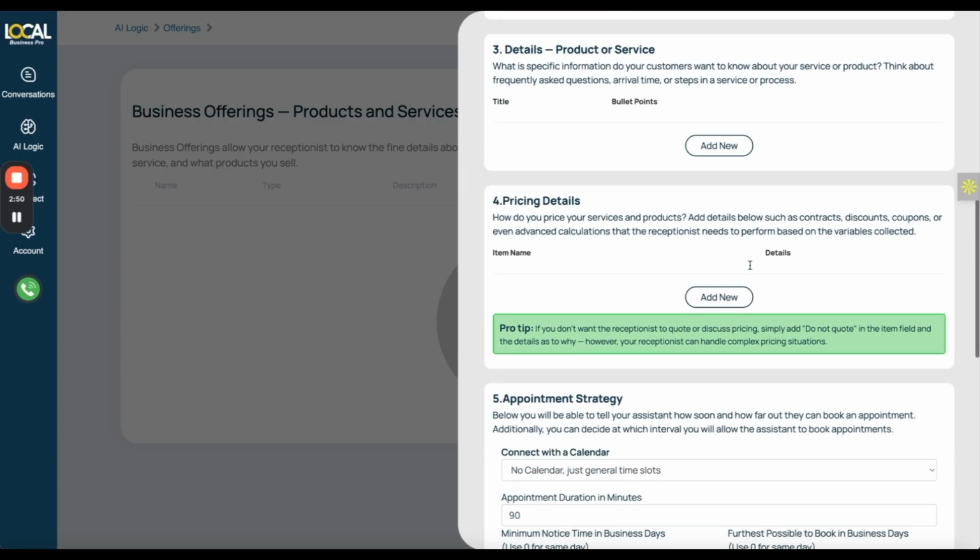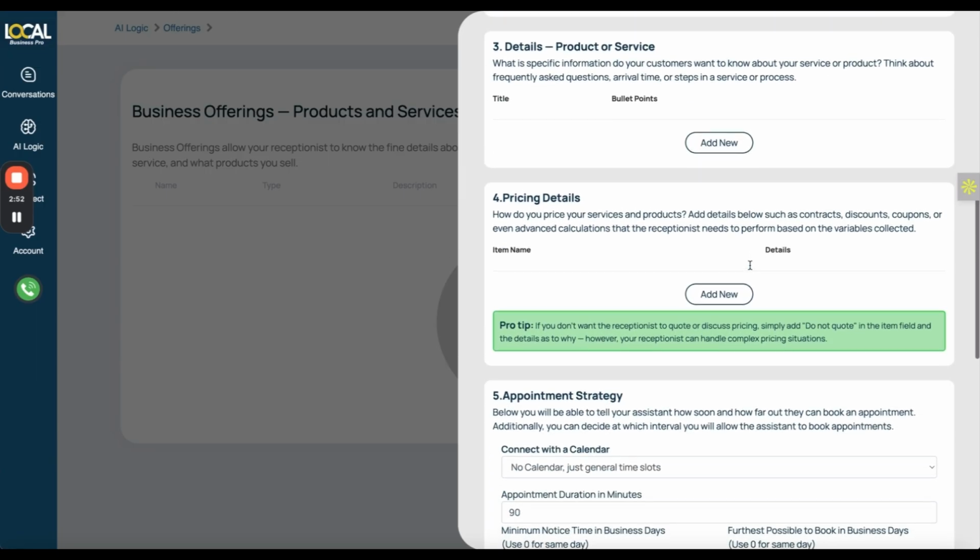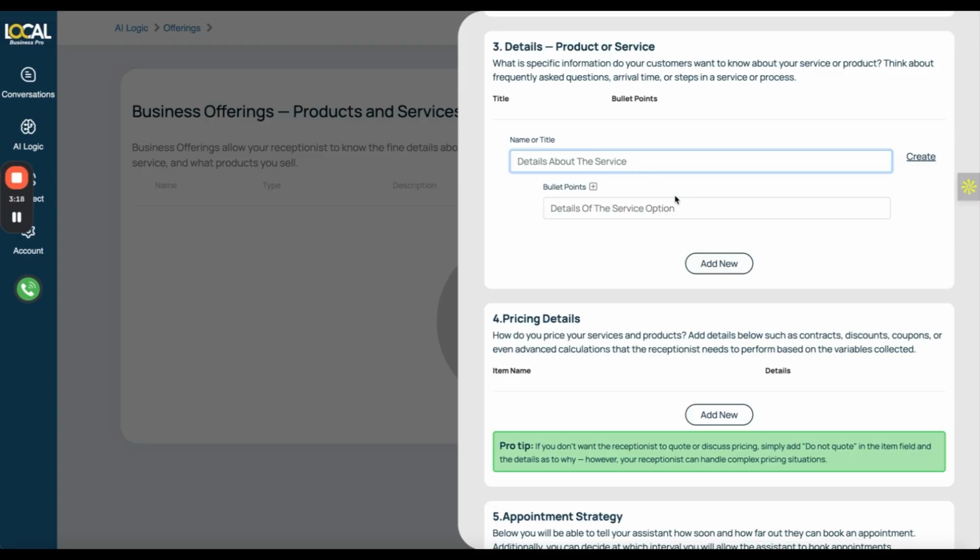Now if I go into the details of the product or service. Now, some of you guys might be like, well, it's pre-emergent, I just go out and I spray. However, sometimes people have a lot of questions, and you can add in a ton of detail here. And you can think of it kind of like if the questions are asked to the AI, then it has specific information to provide versus it just making things up. So if I come into here and I add details of the product or service, then I can say something like